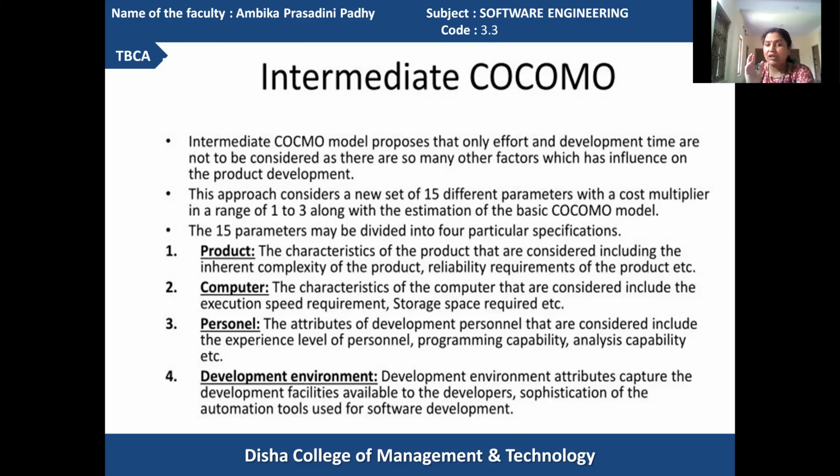The analysis capability of the developers is also very important in putting impact on the effort estimations, time estimations, and cost estimations. How well the product's requirements are analyzed, accordingly it will be more accurately developed and more efficiently submitted to the customer. So these parameters also have a great impact in changing the size, effort, and time required for developing the product.